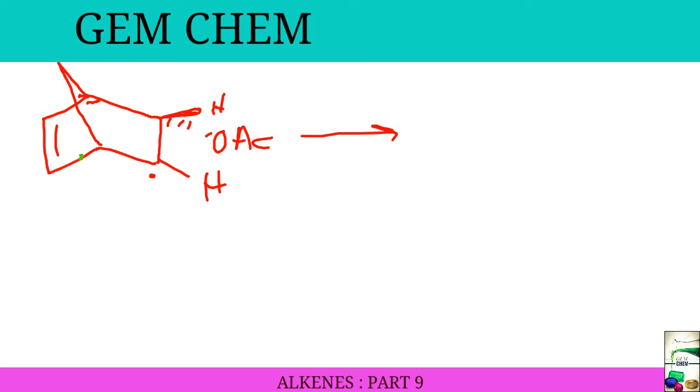This whole bond migrates to here. Okay, so here there are 2 electrons and this bond migrates to here. So ultimately what we get is this one, that is this